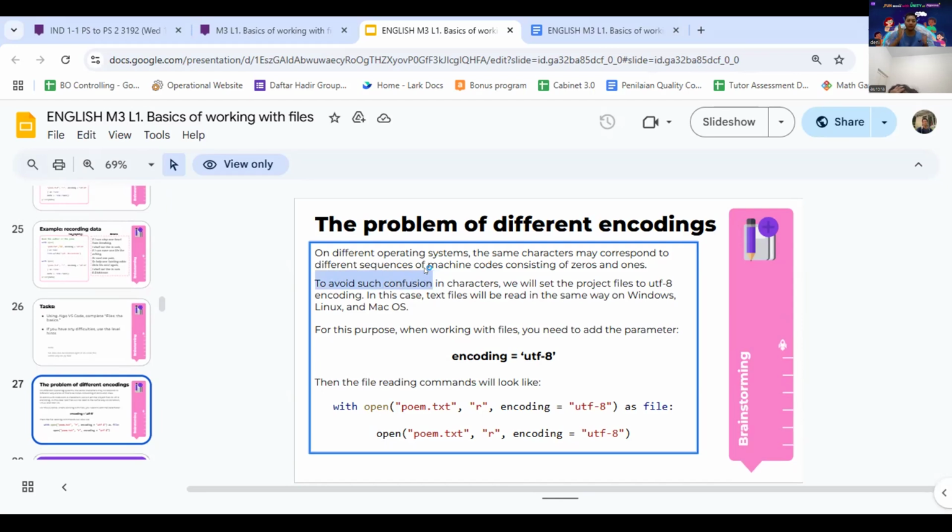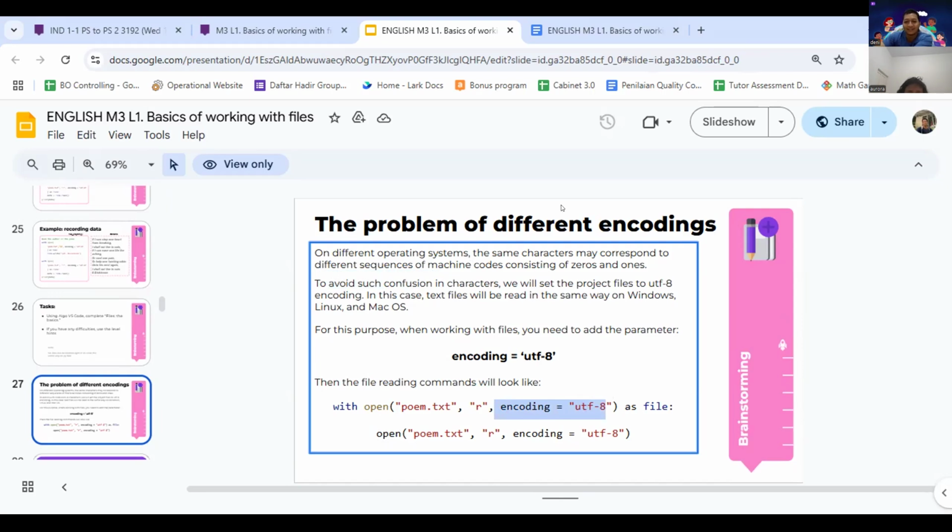Maybe when you run your code without UTF-8 on your Windows PC, and then run it on another device, the other device cannot read your data, cannot read your files, like that.